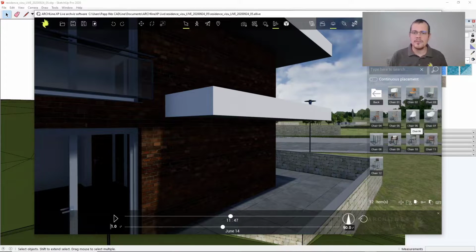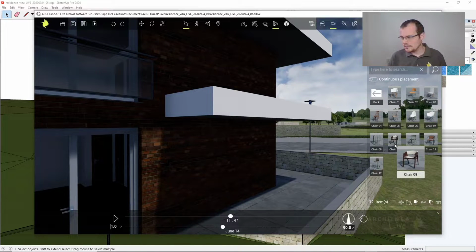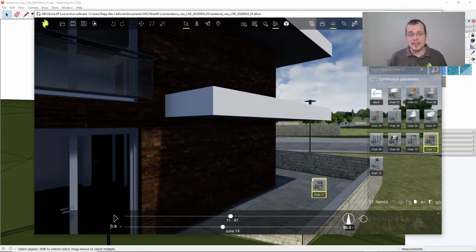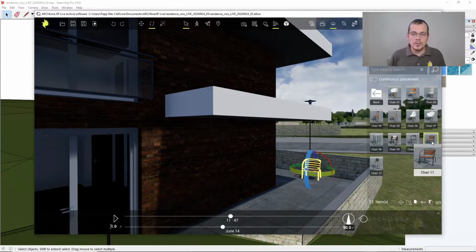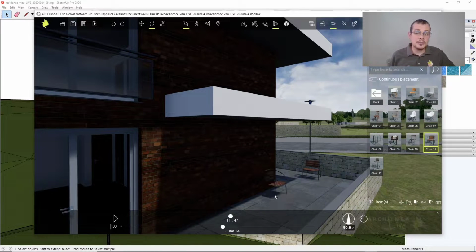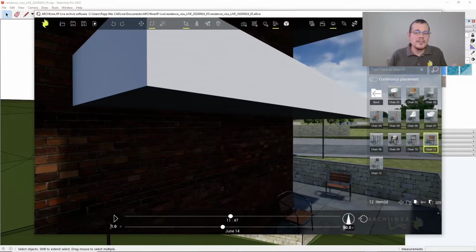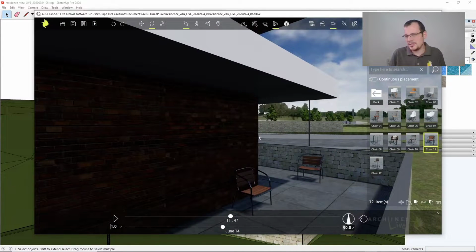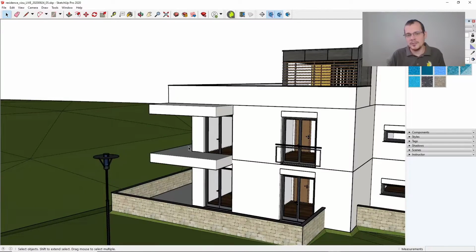But if I want to have patio chairs, tables, maybe other external elements, flower plants, for example, or flower pots, then I can just position them, move them, rotate them. Again, this is something that you could be doing in a modeling environment, but if you haven't done it for whatever reason and maybe you just want to get a little bit more realism to your model, then you can